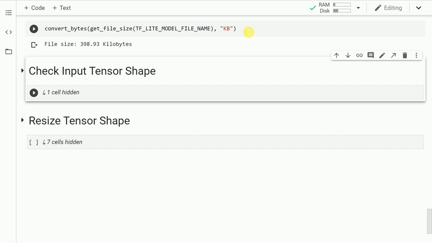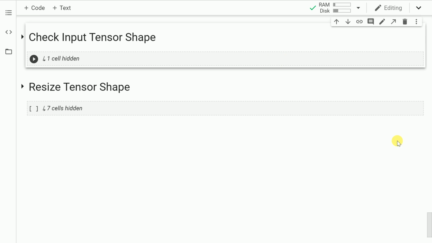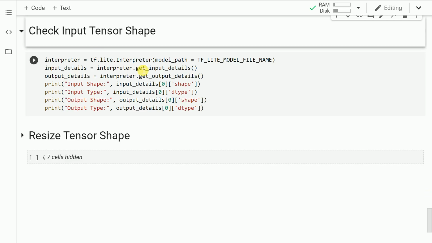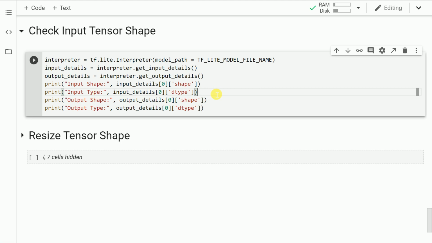The only task that is remaining in this video is to evaluate the performance in terms of accuracy. So that is what I'll do in the remaining two sections. Let me go forward and unhide the cell. In order to evaluate the TF-Lite model, I'll have to first set up something called an interpreter. The interpreter will give me the details with respect to the input values as well as the output values. So let me run this piece of code.